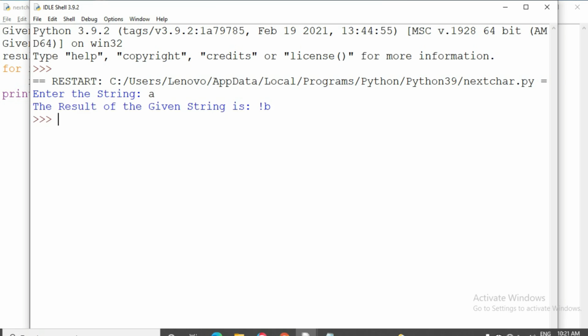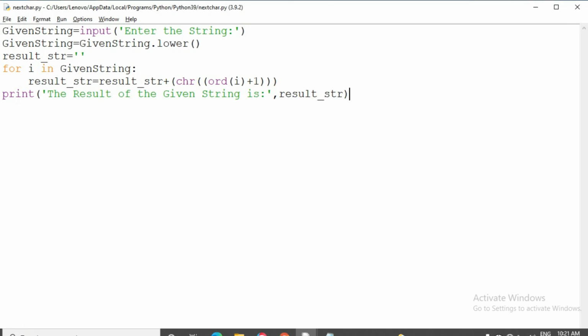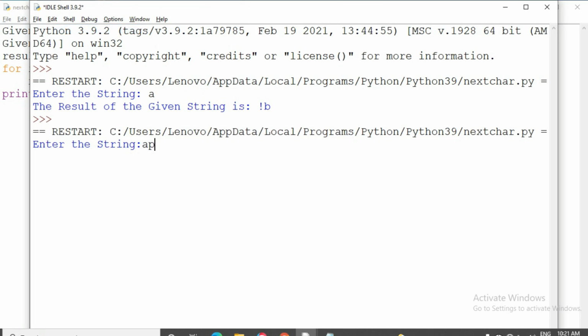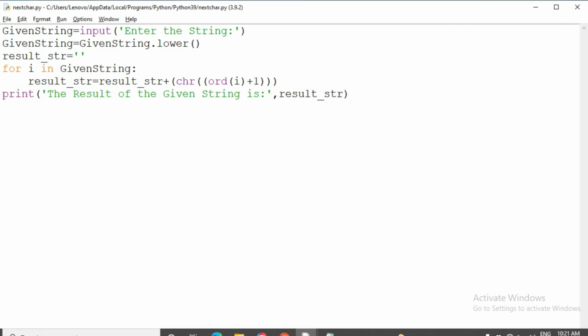I am giving the string apple, run module. See, the next character of a is b, p is q, l is m, e is f.